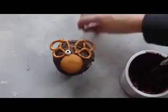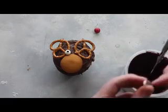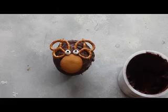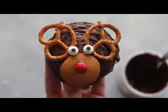And I just put a little bit of chocolate frosting on them so it's like the glue so they'll actually stay on. And then I just got every kid a little packet of M&Ms so they get to keep their M&Ms and they also get to pick what color nose they want on their reindeer or Rudolph or whatever you